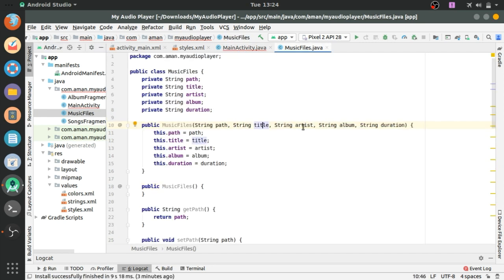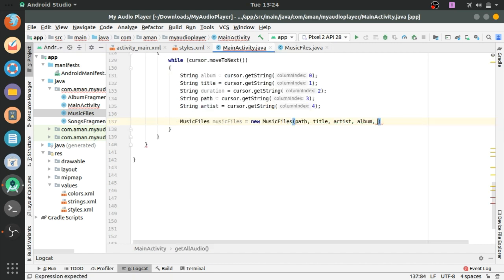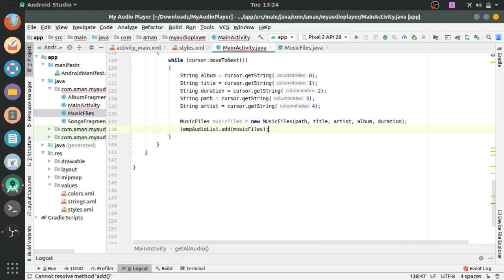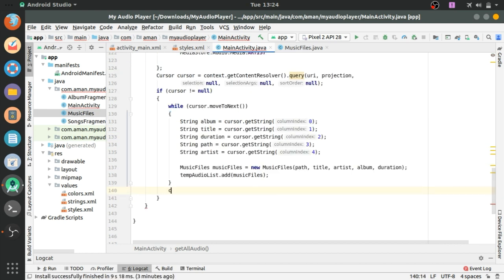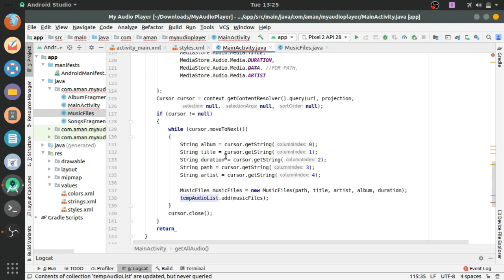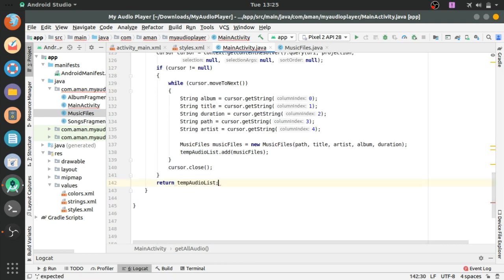The first one is path, second is title, third is artist, fourth is album, and fifth is duration. Then tempAudioList.add(musicFiles), and in the end, when everything is done in the while loop, we will close the cursor and return this tempAudioList.